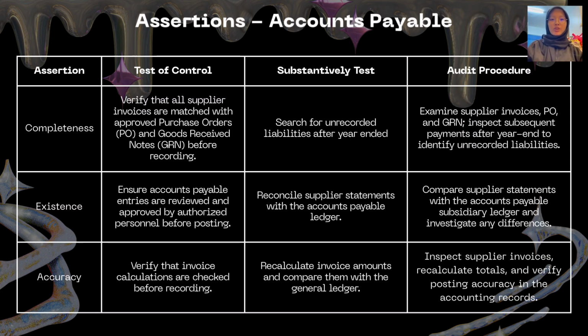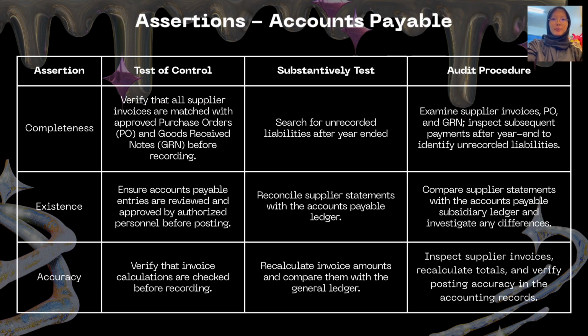For the test of control, the auditor verifies that every supplier invoice is matched with an approved purchase order and goods receipt note before it is recorded. This process is called the three-way matching process. The purchase order proves that the goods were ordered. The goods receipt note confirms that the goods were received, and the supplier invoice confirms the amount that needs to be paid. Only when these three documents agree can the